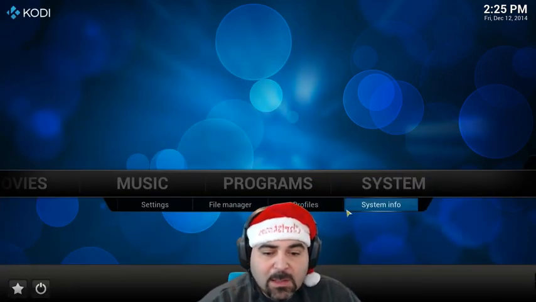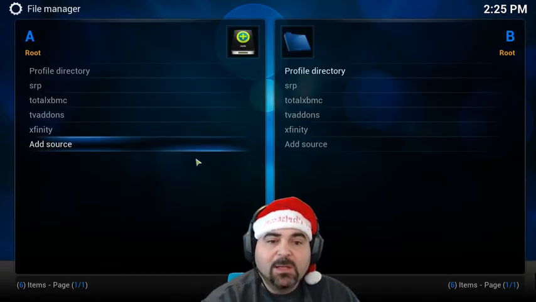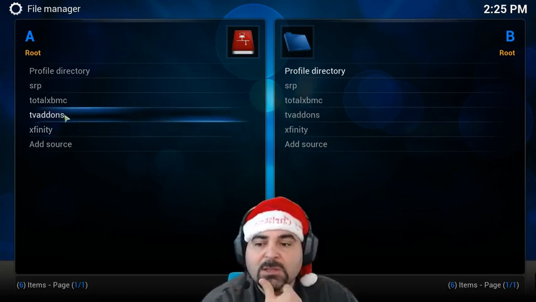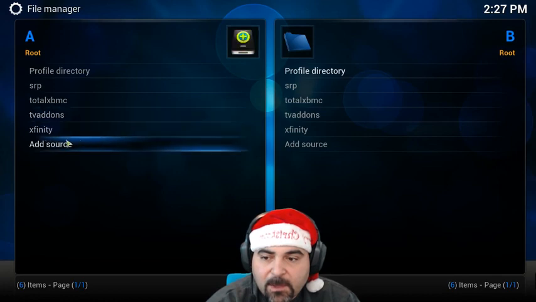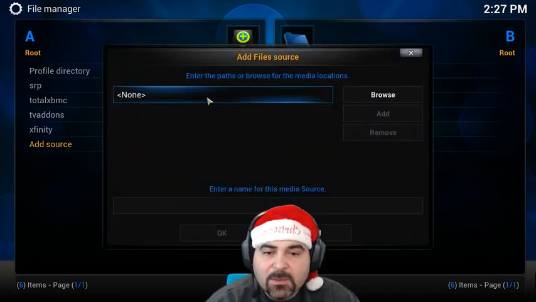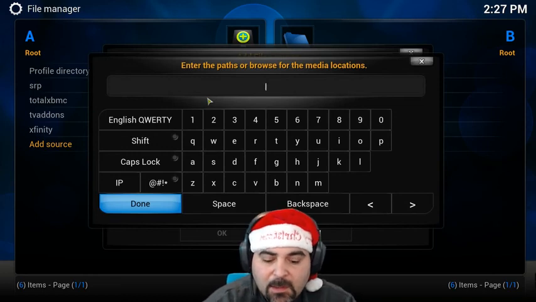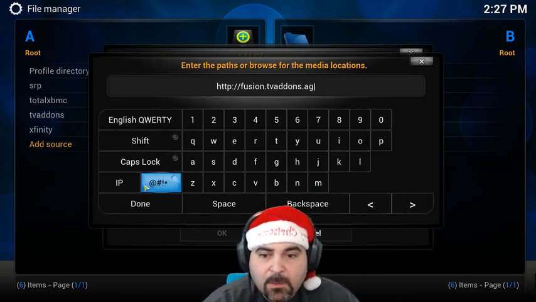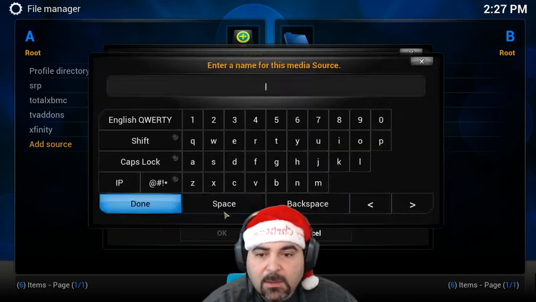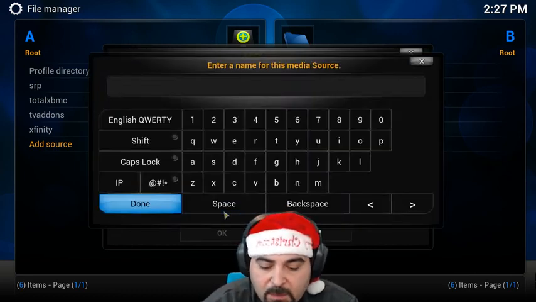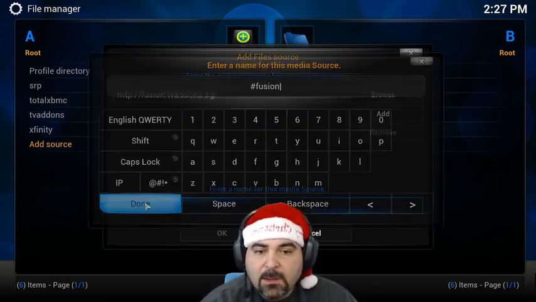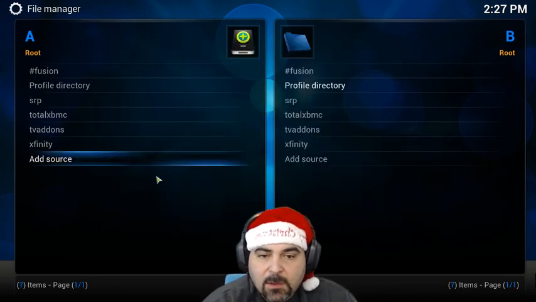Let's go into system and the file manager, and over here you need to add this and this and this, or maybe just this. I already have my sources set up here, but I'm just going to show you the very first one, the fusion, how to do it. You go like this, what I just did, and you type this address here, fusion.tvaddons.ag. You give a name over here. I have a fusion, so I'll do let's say this fusion. Done,